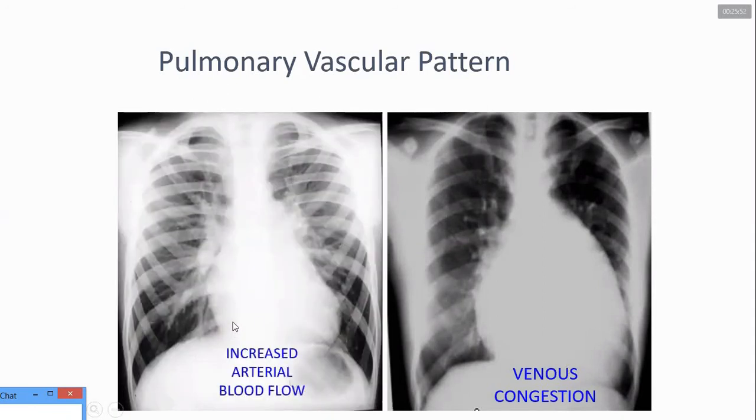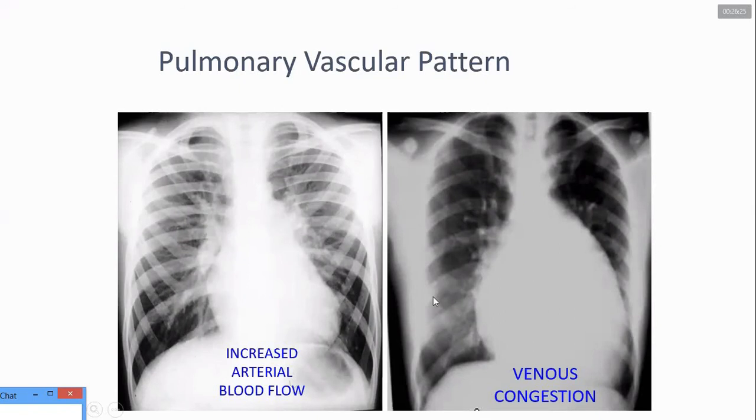Now this is increased arterial flow. In any increased arterial flow, we can see there is a prominence of the pulmonary vessels. We can see how prominent the pulmonary artery is. The descending pulmonary artery is more than 17 millimeters. So this is the case of pulmonary hypertension or increased pulmonary arterial flow. With respect to this, there is also an increase in the vascular pattern, more even on the periphery, and even at the apex they are more prominent, and this is discordant with the normal vascular pattern.